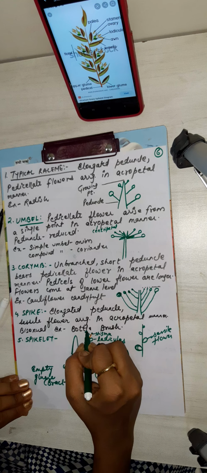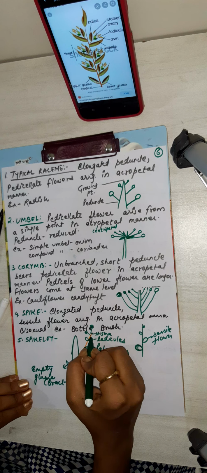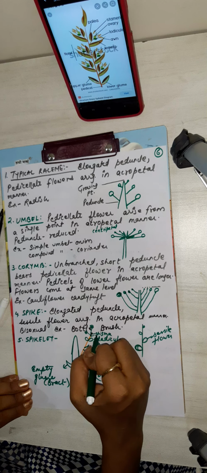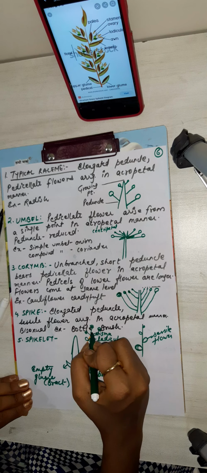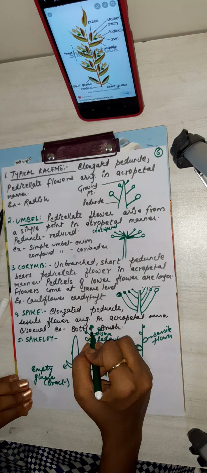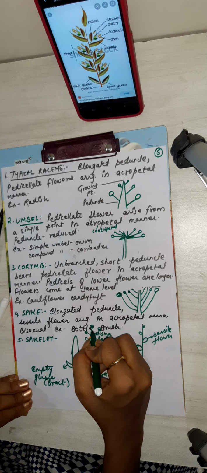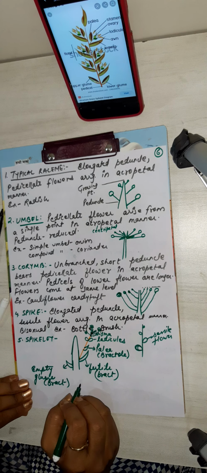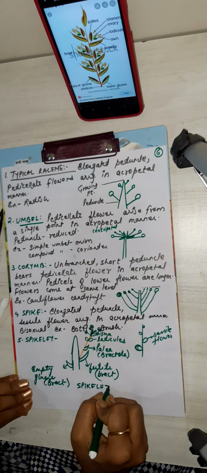Okay, 3 stamens. I have written stigma here. Okay, it is stigma, and a hair-like structure is also present. So this is spikelet, and the example is